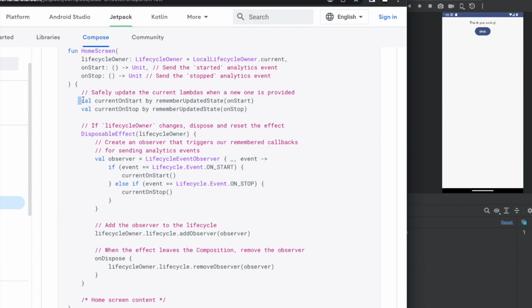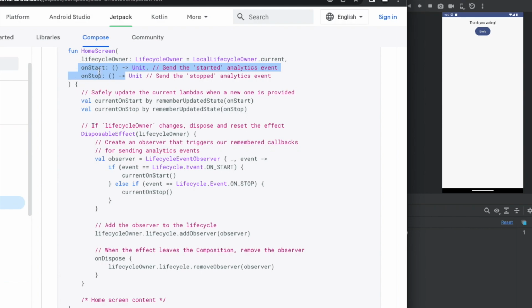Here is why I introduce rememberUpdatedState, as this is going to be called every time the screen is re-rendered, or the screen goes to the next screen and comes back. This lifecycle event will keep firing. Let's say I want to add some thread here, like waiting for some operation, and once that operation is completed I want to invoke this callback. In that scenario you may not be on the same screen for a long time. You may have navigated to the next screen, and as you do this multiple times,